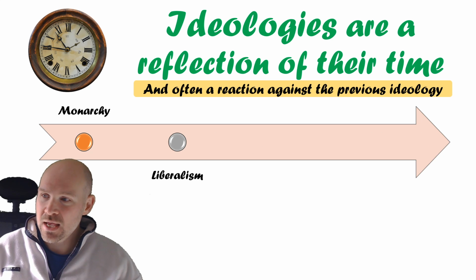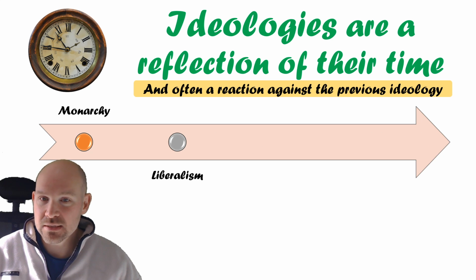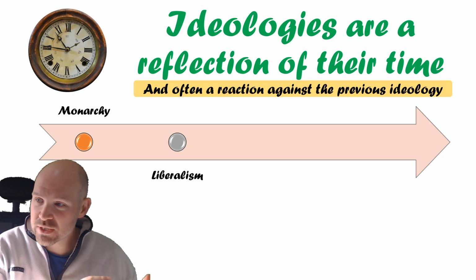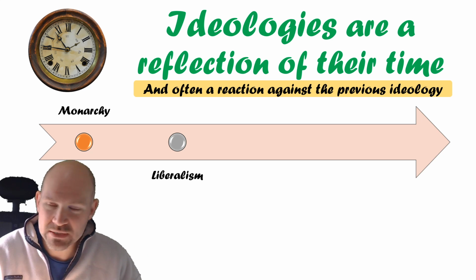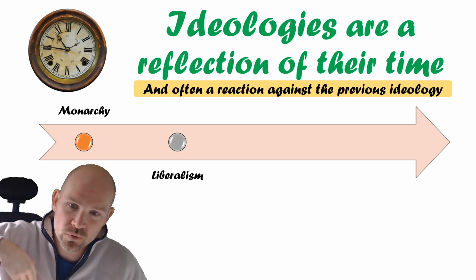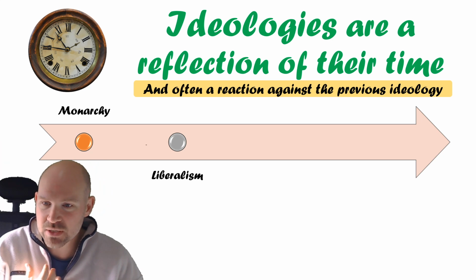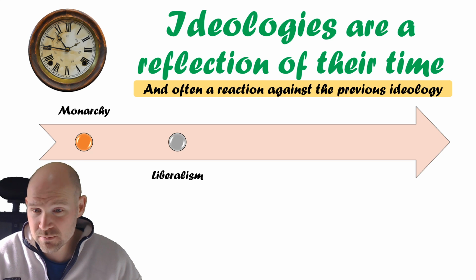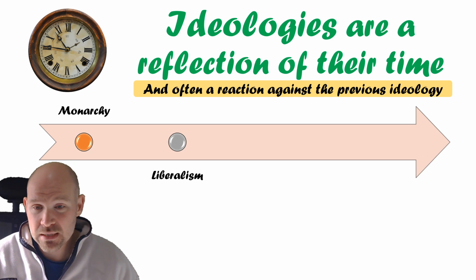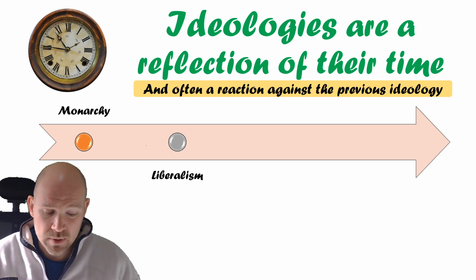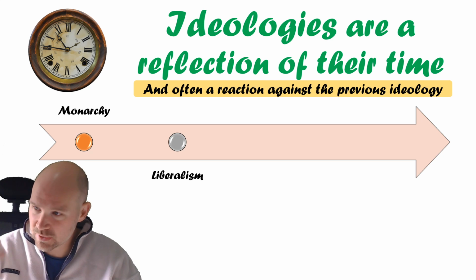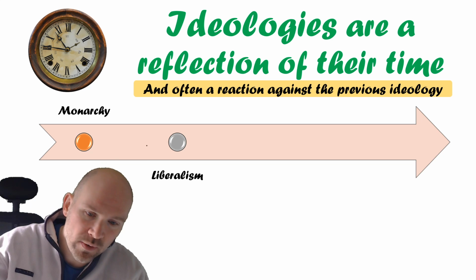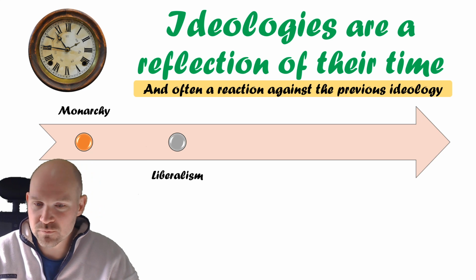And then, as a reaction to all that, we get liberalism, which is the creation of an ideology very much saying, no, I have a choice. I don't have to just be part of your collective rule and do what you say because you say to do it. I should have a choice. I am important. I am an individual. I should have some sort of say in my life, in how I make decisions. I'm oversimplifying, but this is where it comes along. And then liberalism is overthrowing the accepted order of monarchies and kings.